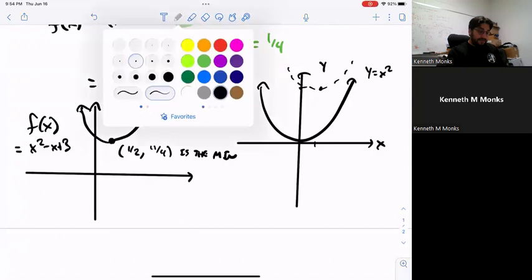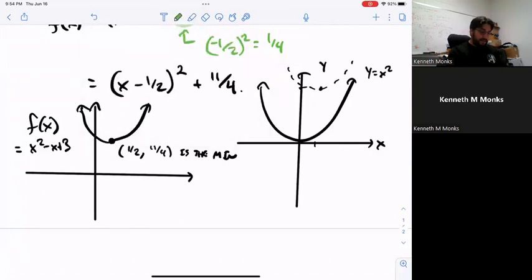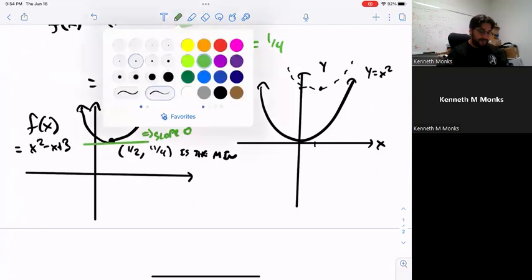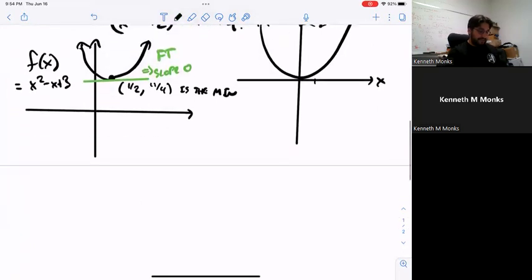So what does Fermat's theorem claim? Because I have a min, it claims that I should have slope 0. By Fermat's theorem, I should have a horizontal tangent line. So let's check this claim of Fermat's theorem. Let's observe to see if this is actually true. So let's check,